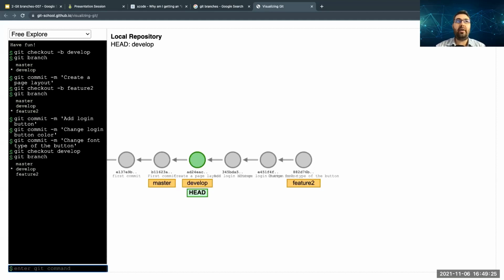It says now I am on the develop branch. So now I can continue working on my files. I made some changes, git commit with message. What I'm doing, by the way, is changing the title of the page. Okay, add page title.